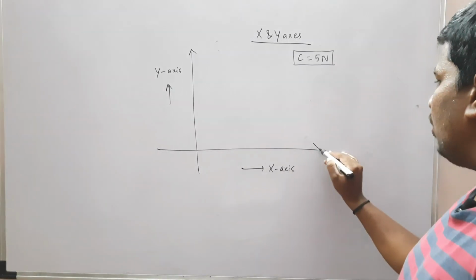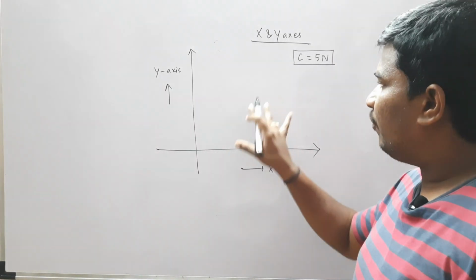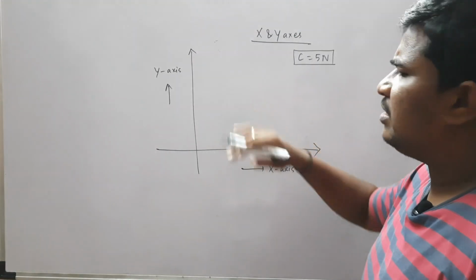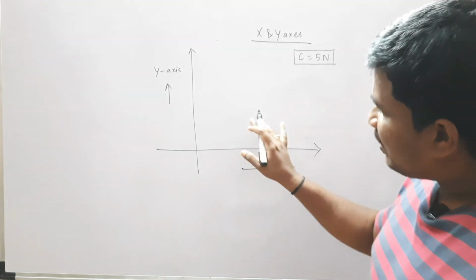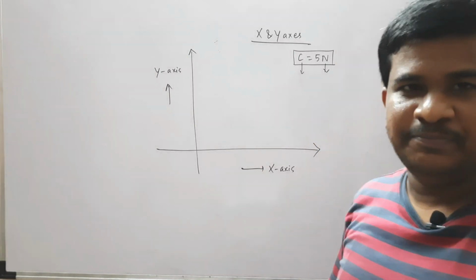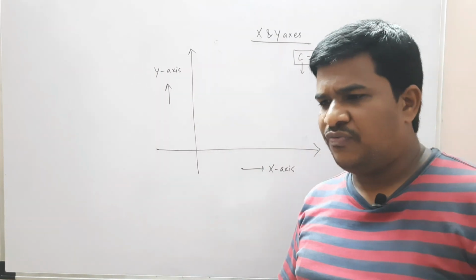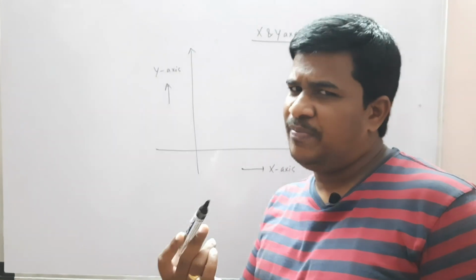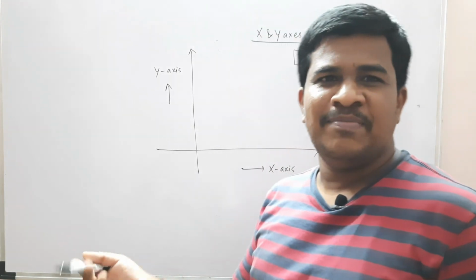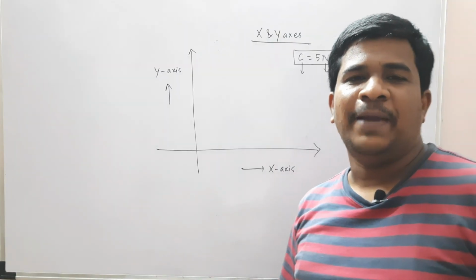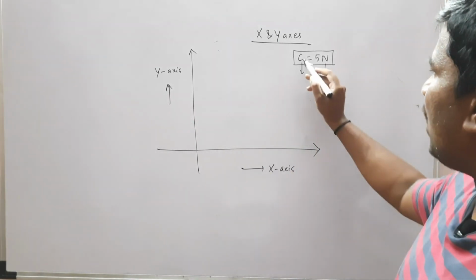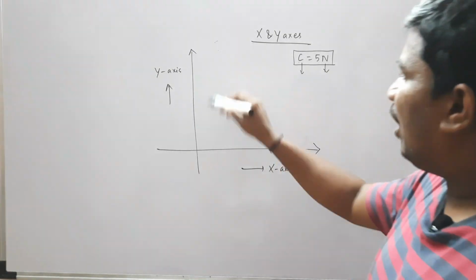Sir, like we have 4 quadrants, why did you confine to only one particular quadrant, that is quadrant 1? So only I considered Q1. The main purpose of considering Q1 is that here in C and N, none of them are negative. We never buy minus 2 pens, minus 3 pens, right? So cost also cannot be negative. As these two are always positive, I confined to only quadrant 1.